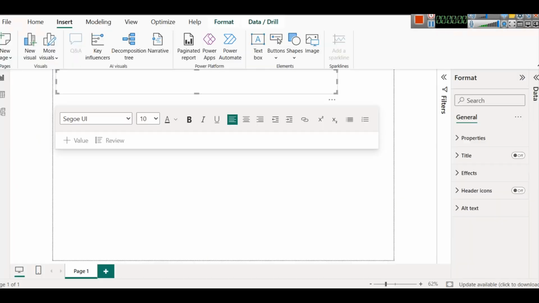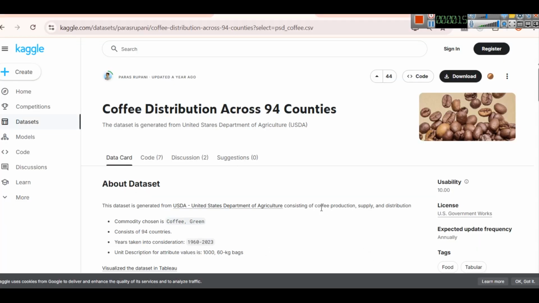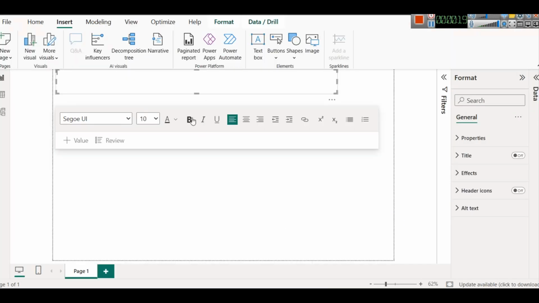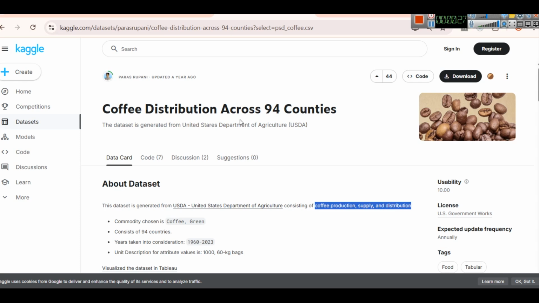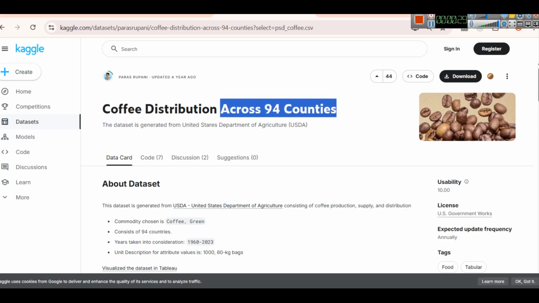So now we will simply open Power BI desktop, and in Power BI desktop we will just add a text box here, and in text box let's add what we are trying to analyze. So we are trying to analyze coffee production, supply and distribution. So this is coffee production, supply and distribution, and this is basically a global data. So we will write across 94 countries,